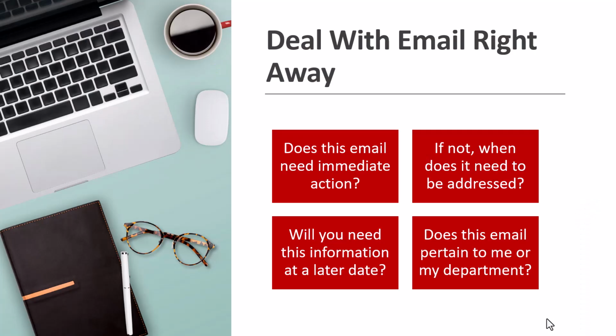Deal with email right away. Your inbox is not meant to be a storage area for your messages. When you receive an email, you don't necessarily have to respond to it right away, but the message should be filed away to an appropriate location to retrieve later. If it needs to be handled at the end of the week, refile it to another folder that can be reopened later. If the email needs to be addressed by someone else, forward it to the appropriate party and remove